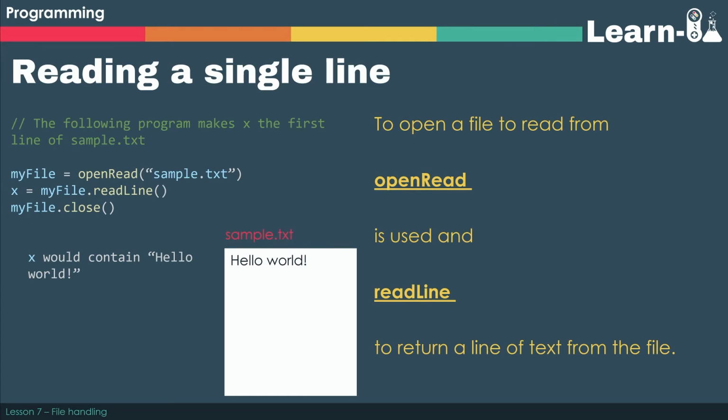Now, first of all, we've got to create a connection to our sample text file. In this case, it's called sample.txt. You can assume that wherever we're writing our code is in the same location as sample.txt, and we can simply create a variable, use the openRead instruction to create a connection to sample.txt, which we pass into our function as a parameter. We've then on the next line got a variable. That variable becomes assigned to the contents of myfile.readLine. So we can assume that readLine is a method that is part of that object. That will just take the top line of information from our text file, and then the final thing that we have to do, and it's always worth a mark, so it's very much worth bearing in mind, is